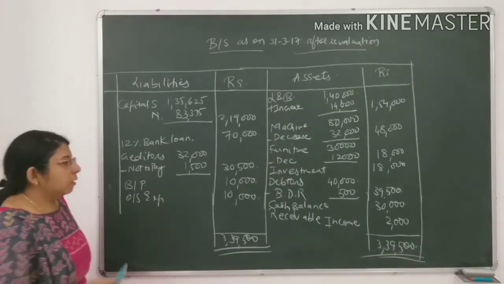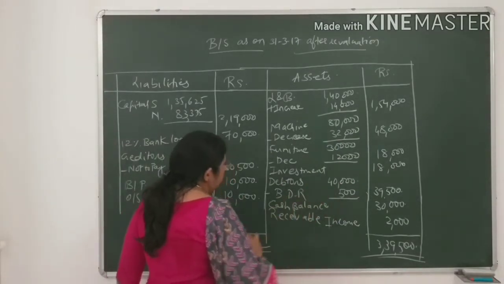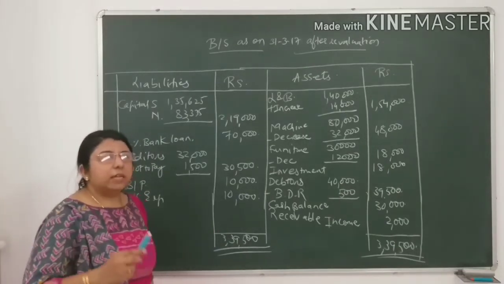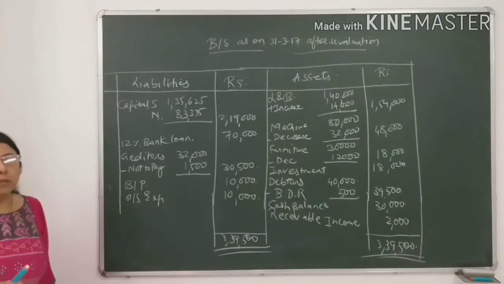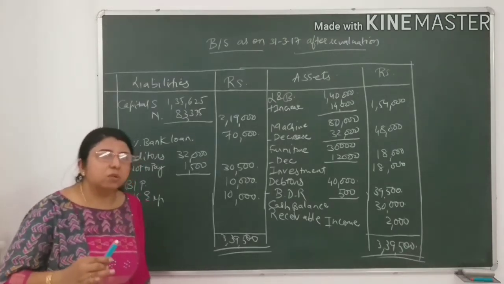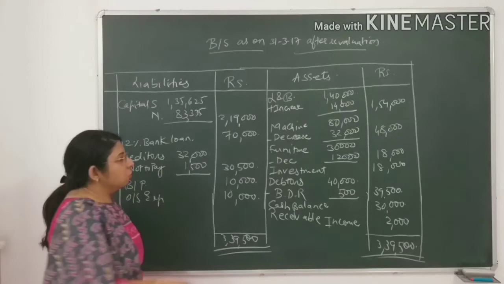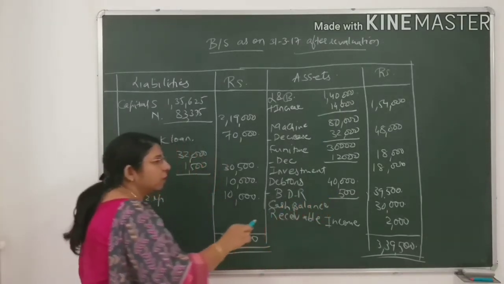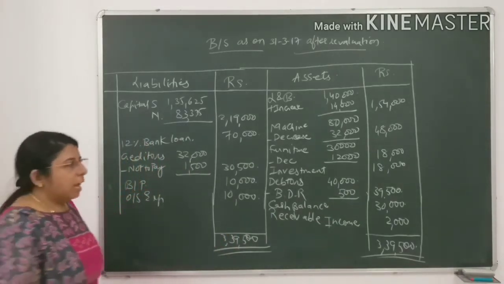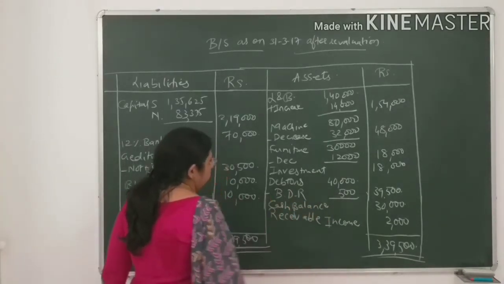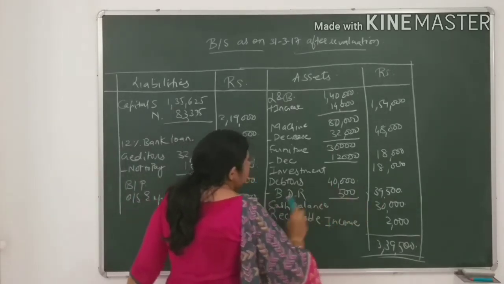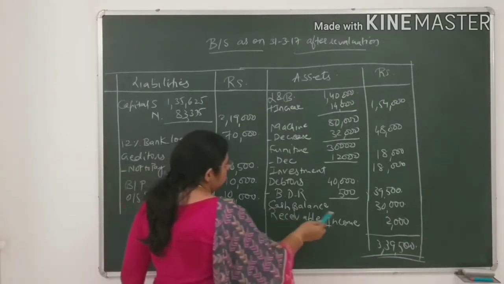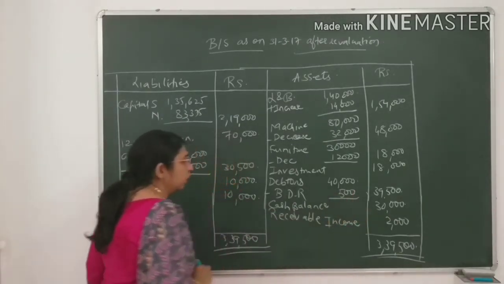Next, debtors. Debtors in the old balance sheet was given to you as 40,000, and BDR was given to you as 1,500. In the adjustment it was given that BDR from 1,500 is to be reduced to rupees 500. It means 1,000 BDR is not to be maintained. So directly I have mentioned over here the decrease in the BDR, that is 500 from 1,500. I have directly subtracted 1,000 and I have subtracted only rupees 500. So in the outer column by subtraction you will write 39,500. Cash balance directly from the old balance sheet, as it is, no adjustment was there, so 30,000.